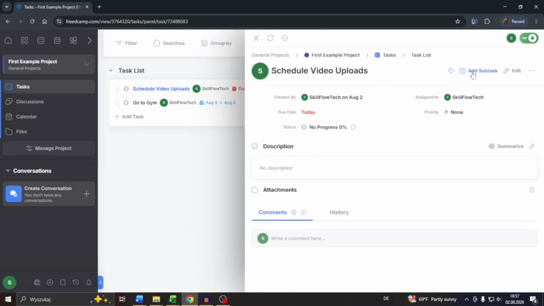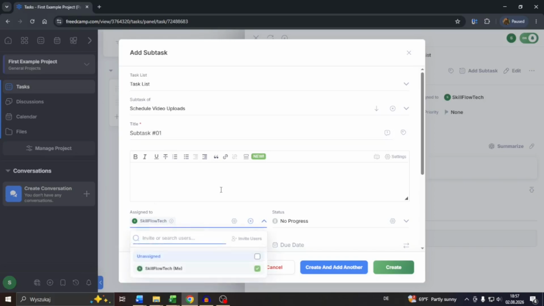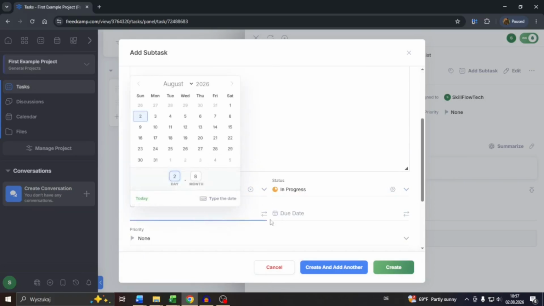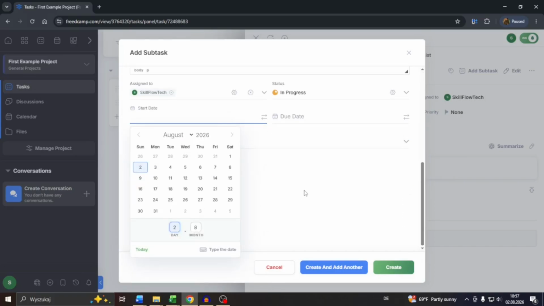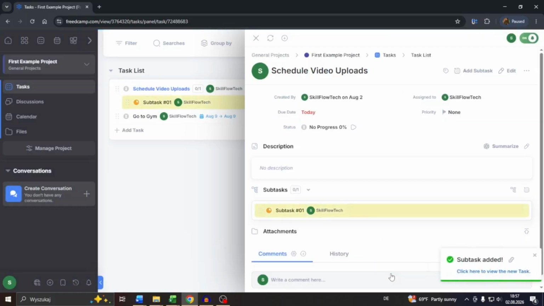Now, inside the task menu, guys, you will see this option, Add Subtask. Click into it and treat this subtask form the same way as you would when creating a regular task. So you may give it a title here, Subtask 01, describe it here, assign someone to it, set a status. Let's go with in progress, for example, start date from that calendar, due date, and so on and so forth. And then you may assign attachments here, set it to recurring mode, click into create, and now guys, you will